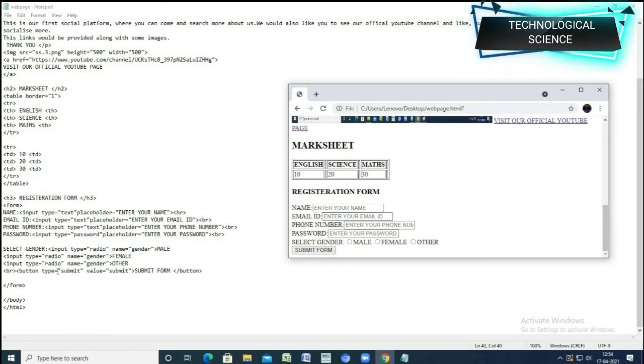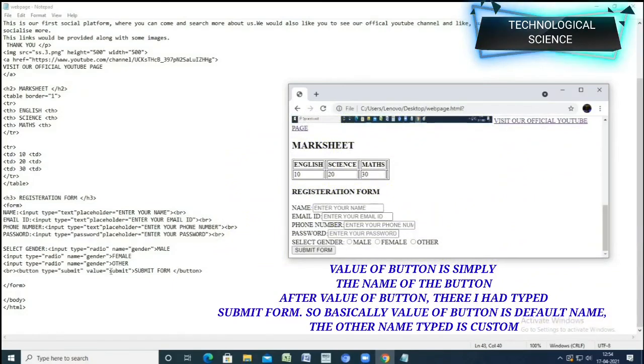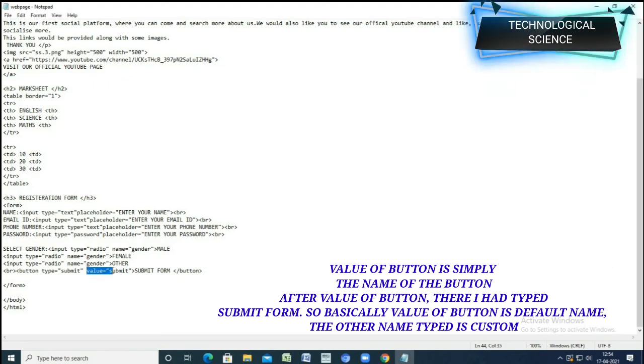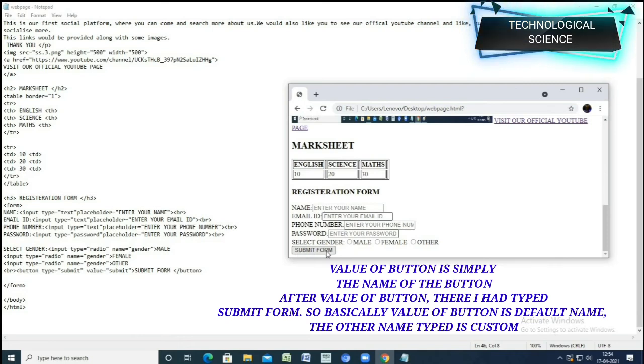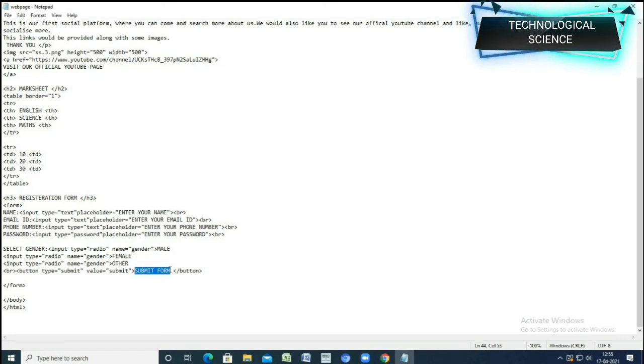Then it's a submit type of button. What is the type of button? It's a submit type of button. And what is the name of the button? What values are to be entered in the button? For instance, if I just remove this value of button, then submit form would not be written over here, only a button would be given and you have to click on it. So value basically means what type of button it is, just to indicate to the person, and you just have to name the button.